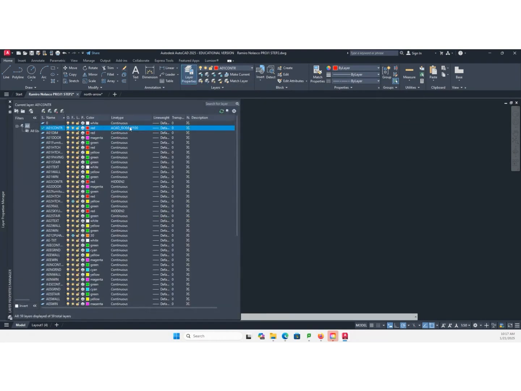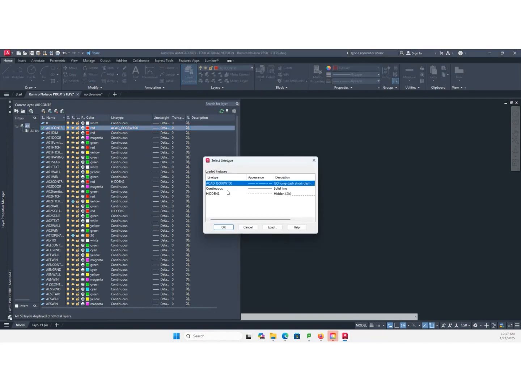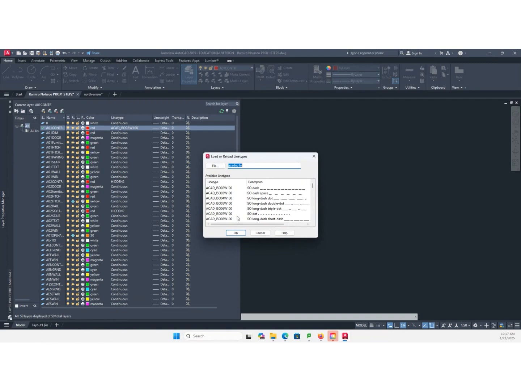Change the line type not to center, but to ACAD ISO 8W100. That's the long dash, short dash. You can load that and look for long dash, short dash.